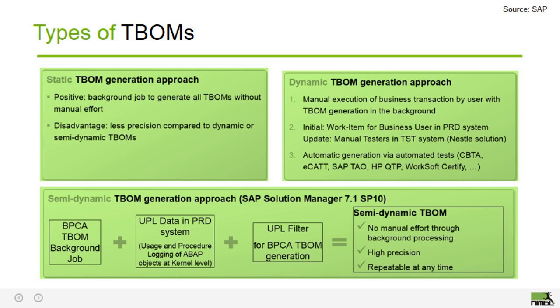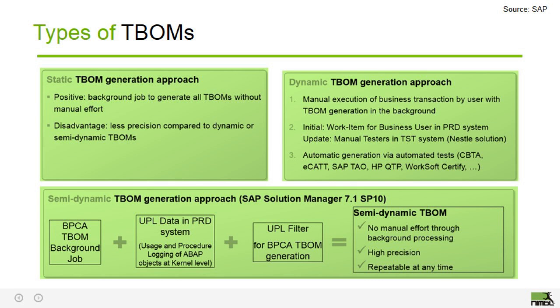So the first type is up here, what we call the static TBOM. A static TBOM is created programmatically. You execute a job, and it does a where-used analysis on every transaction defined in your project and pulls the objects in. You can just create static TBOMs for all of your transactions and run a BPCA analysis, not a problem. The issue, the disadvantage, is that while it's fast and dirty, your results are not going to